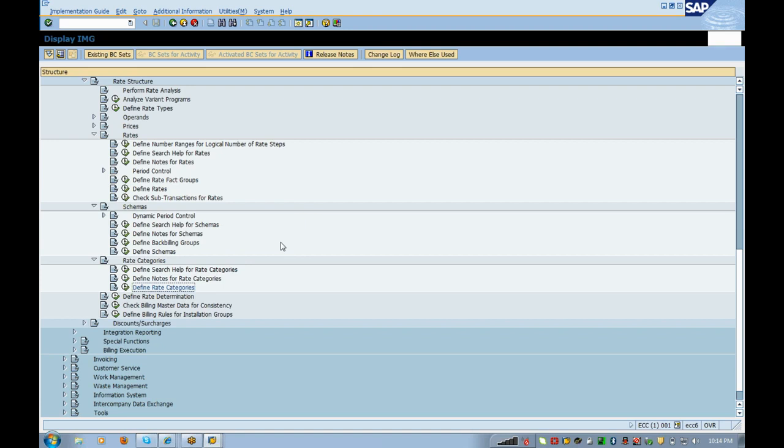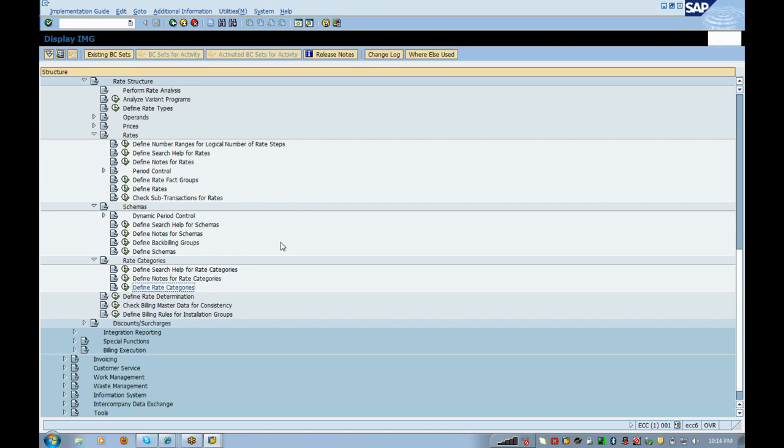Now we'll see the rental charges also, but for creating rental charges there is a problem. We need to first configure the device management, because we need to create the device so that the price class is maintained at the device level. Otherwise it's not possible. So how to create the rates and all, if you want me to show, I'll show you, or else